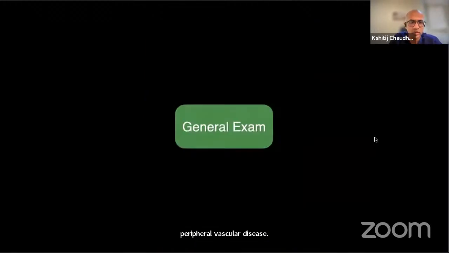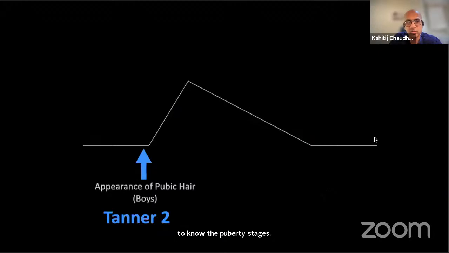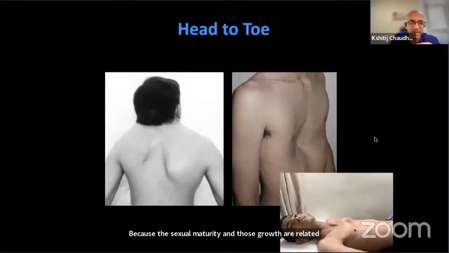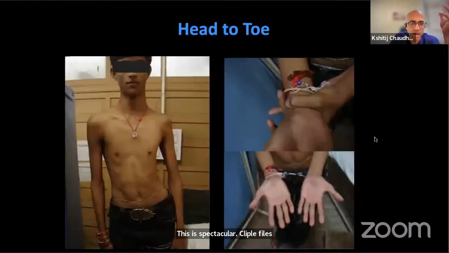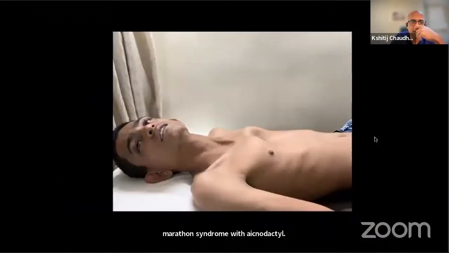We'll quickly run through general examination. You need to know the pubertal stages because the sexual maturity and the growth are related in terms of spinal deformity patients. This is pectus carinatum, Klippel-Feil syndrome. This is a Marfan syndrome with arachnodactyly. You can see very long fingers, high arch palate, very long arm spans,